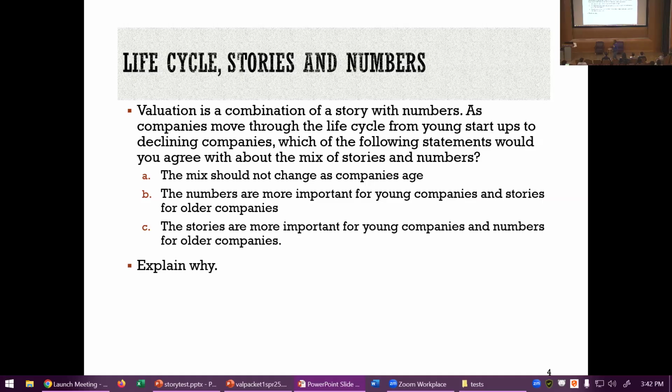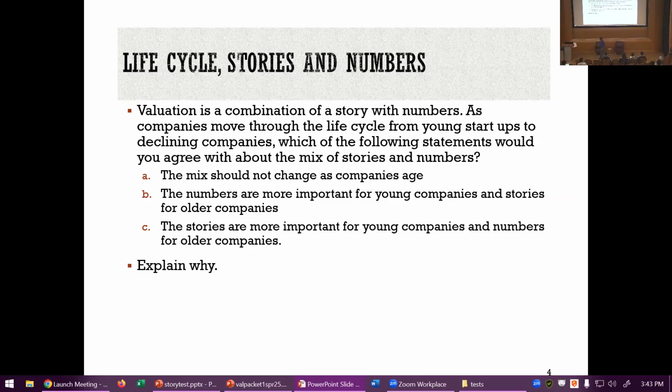So the reason I think for a long time analysts were able to get away without telling stories is that for a long time in public companies, the typical company valued was a company with an established business model, a mature company. So you could get away without being a storyteller. Today, you look at companies like Palantir, it's not an option. You have to learn to tell stories.